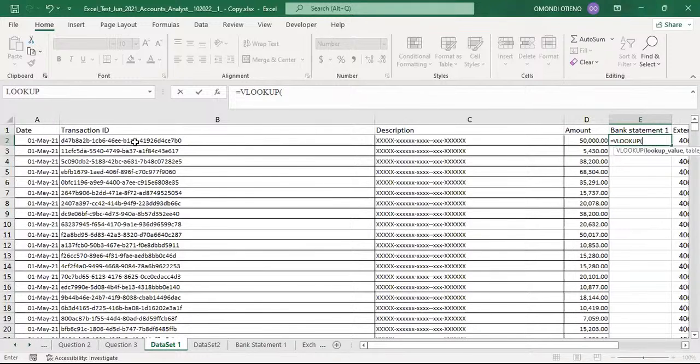So our transaction ID is the lookup value, and we said if we were to autofill these figures horizontally, we are going to move from B2 to C2. But since our reference or identity key is in column B, we have to place a $ sign before letter B, which means we are locking our reference column. Then we place a comma. After that,